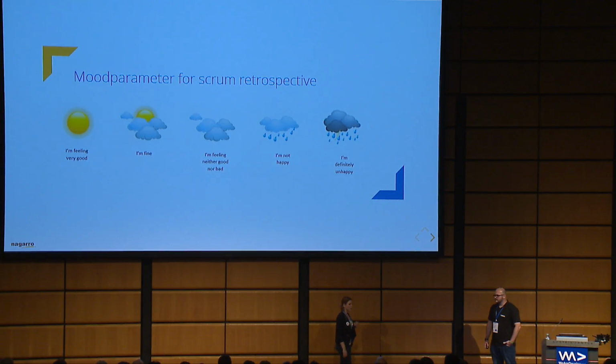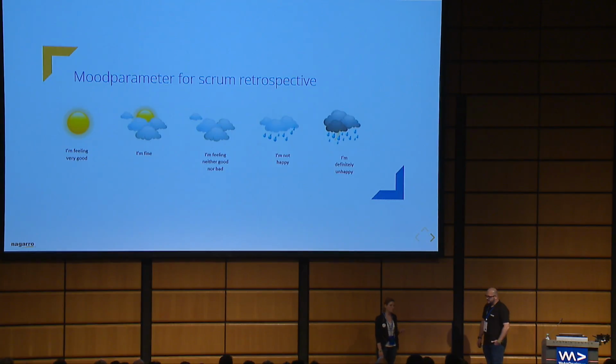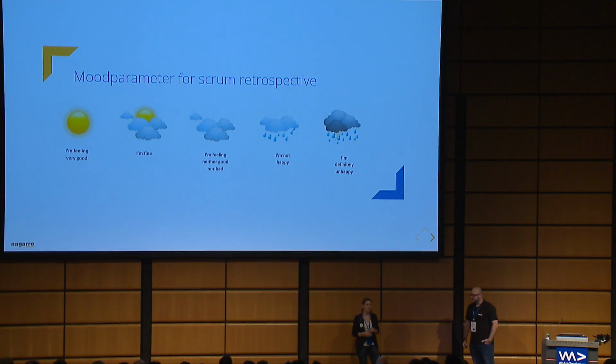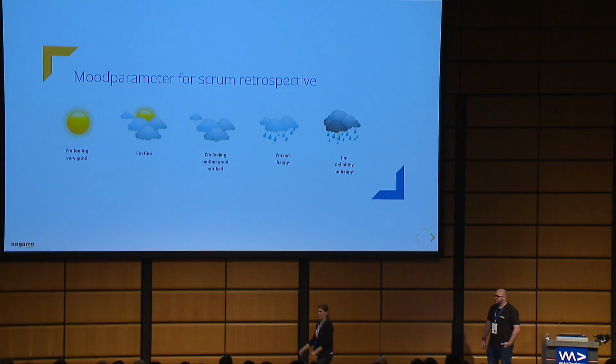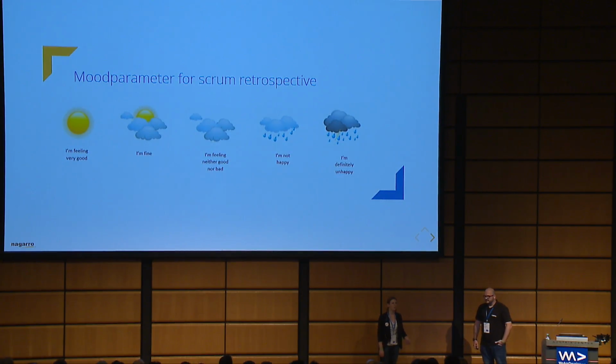So in order to use a mood parameter, it's best practice to take pictures and to work with them. For example, when we are looking at this mood parameter picture, we can say, okay, when we are feeling very happy, it is a sunny day. But when we are feeling very frustrated, when we are angry, it's the end of the world, then probably I would say, wow, it's pretty stormy. So always keep in mind that when telling a story, you need to visualize something, because people think in pictures.